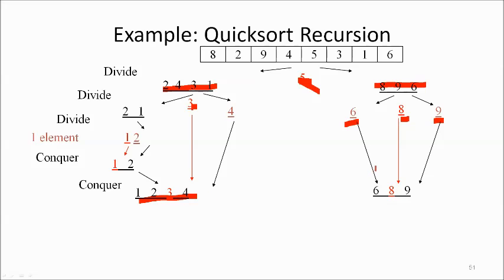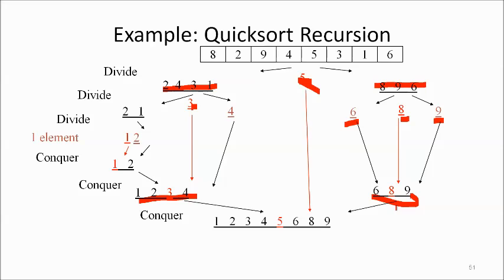Next set. Since this is a single element, the given data is sorted, we just have to write it up. We have the 6, 8, and 9. Okay? Next, conquer again. So of course, you have to combine the 1, 2, 3, 4, and do not forget your pivot here, which is 5, and the 6, 8, 9. So to conquer, you have to sort the 1, 2, 3, 4, 5, and 6, 8, 9.